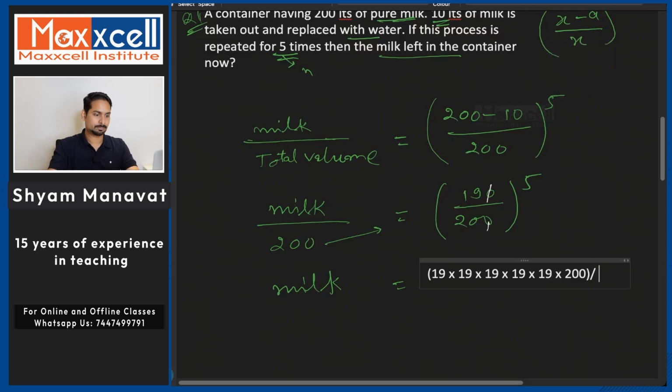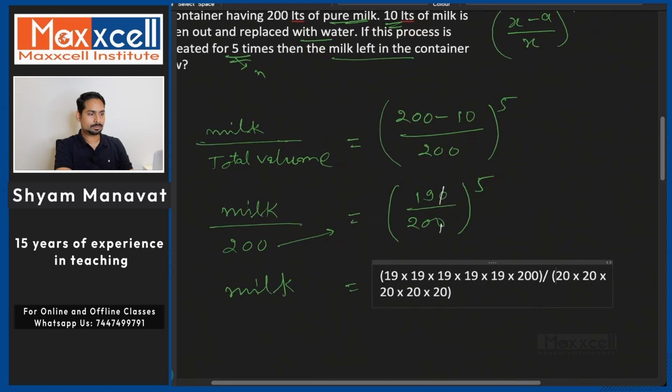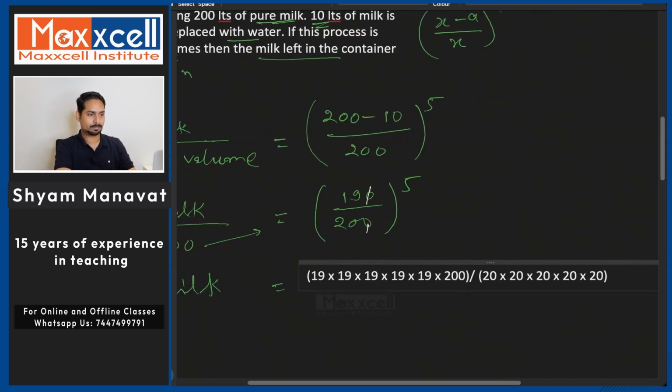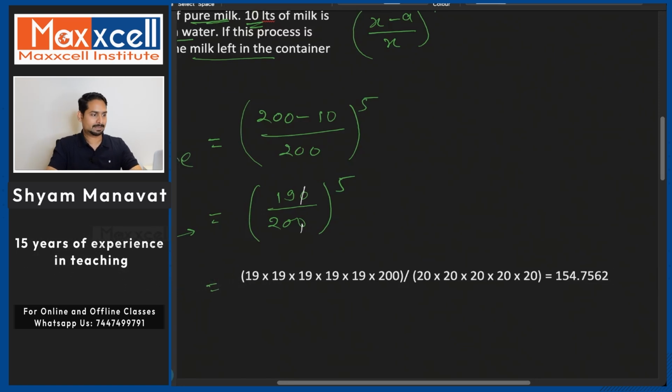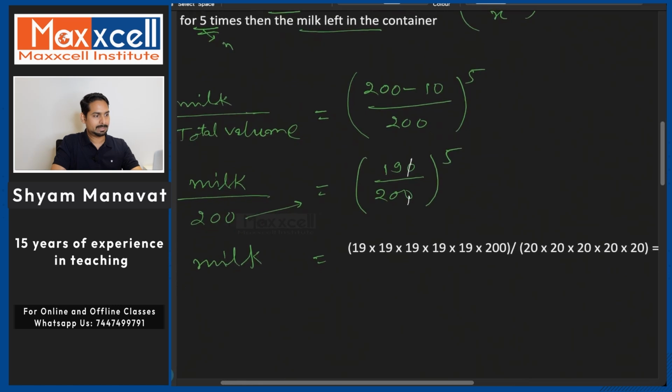Okay, so 20 into 20 into 20 into 20 into 20, 5 times. Okay, yeah, I hope this is clear. Yeah, so this is going to get you 154.7562. So milk left now